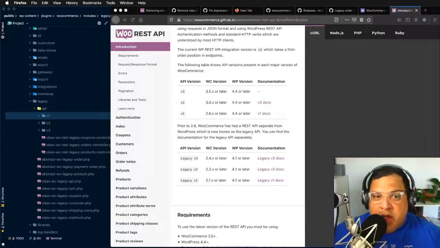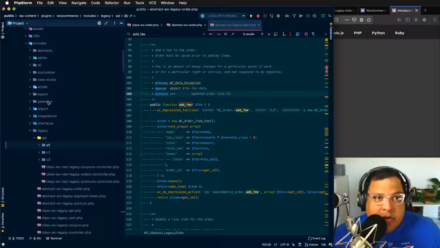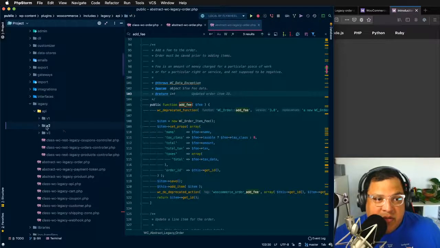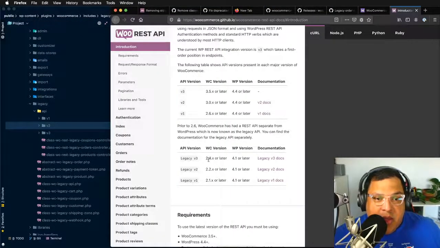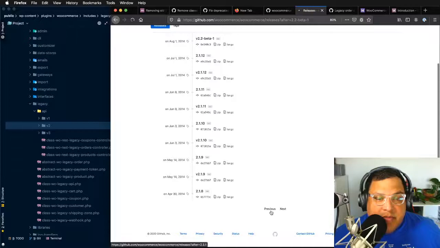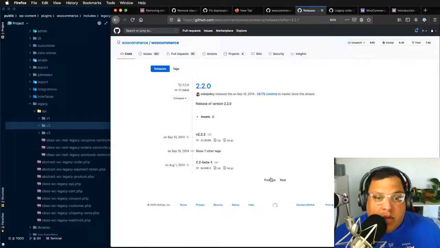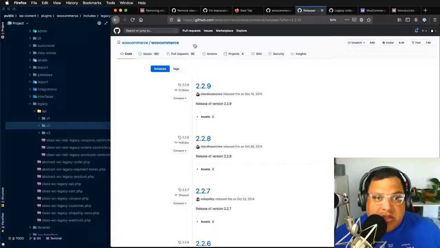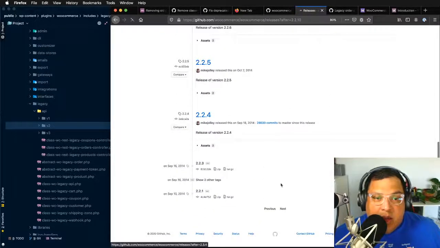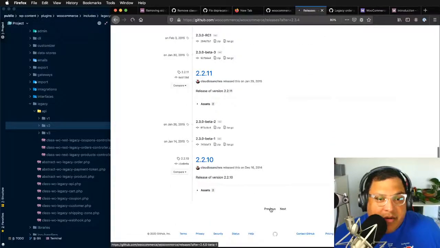So a little bit of history. WooCommerce had an API before WordPress did. Before there was a WordPress API plugin, before it was pulled into core, WooCommerce had an API. So that's what this legacy V1, V2, V3 are. So when you're looking at the code under includes legacy API, there's V1, V2, V3. That's what they're talking about here. So this API has been around since 2.4. We were looking at releases. 2.4 is several years ago. I really want to know what integrations are still using this API, because it's been a while, and there's better